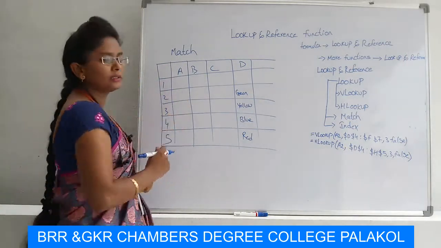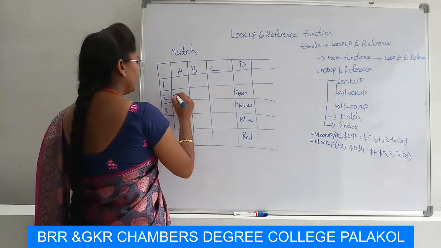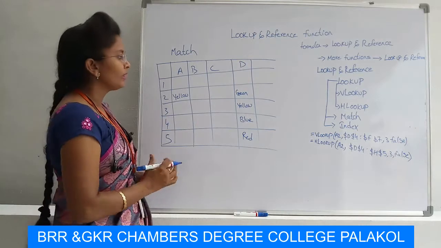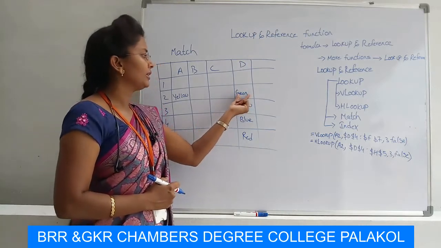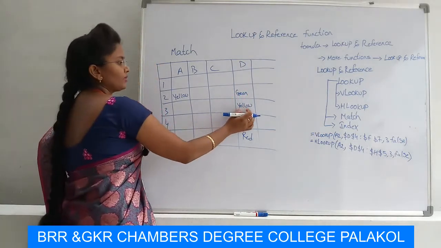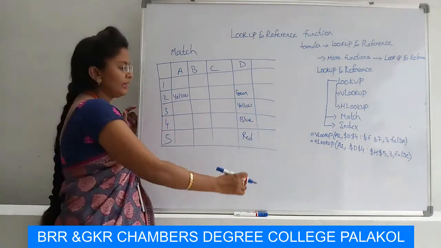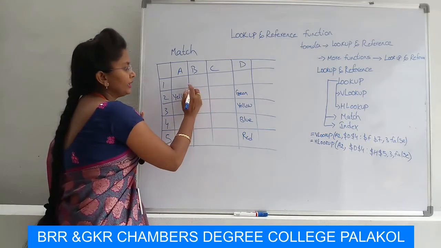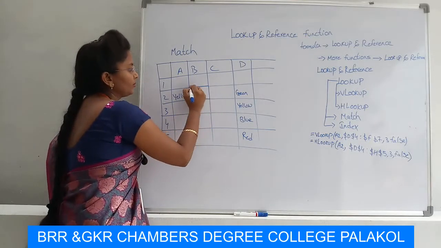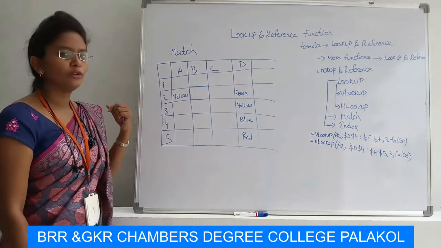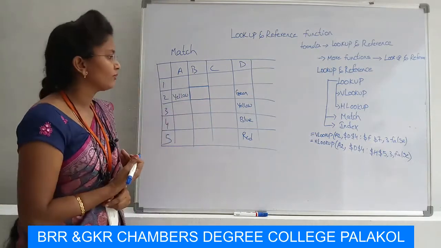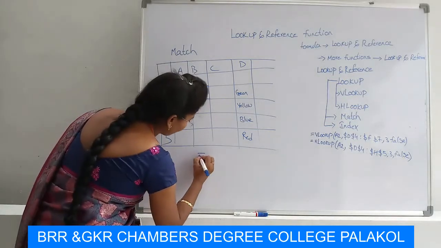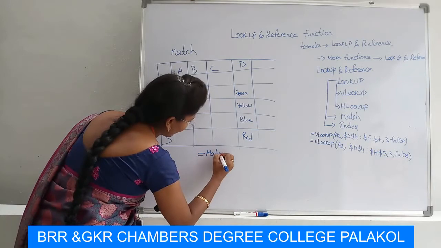And in the A2 cell, I am taking the data as yellow. I want the number for yellow. That means green is number 1, yellow is 2, blue is 3 and red is 4. I have to enter the number here. That means select this cell and then start writing the formula. For the MATCH function, how we can write the formula: here I am taking the equal to symbol, MATCH,